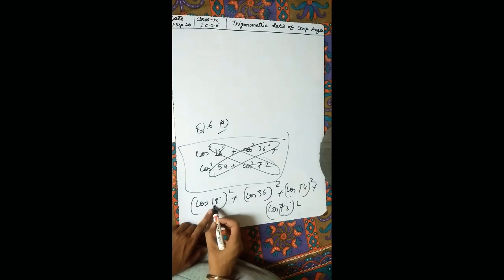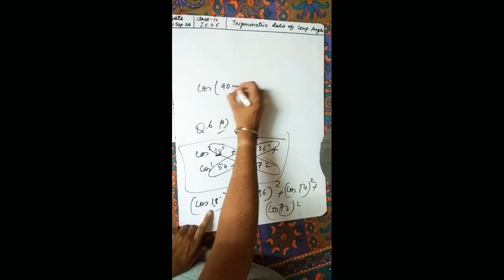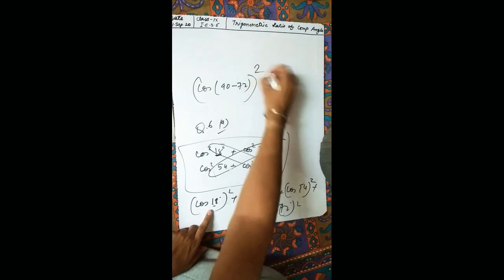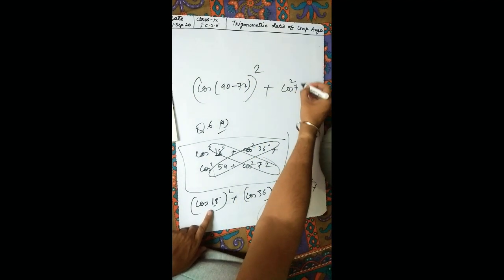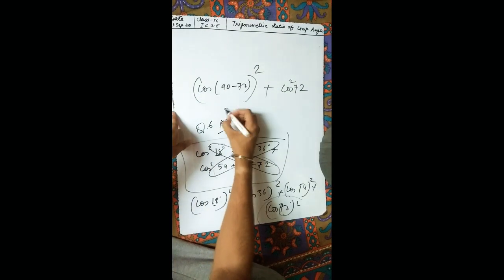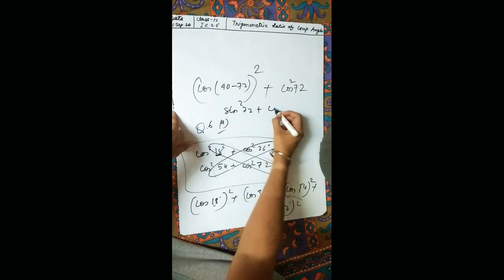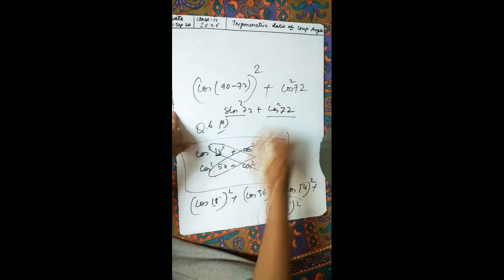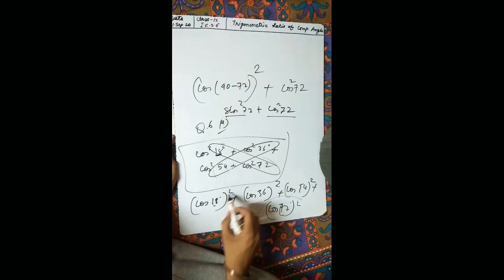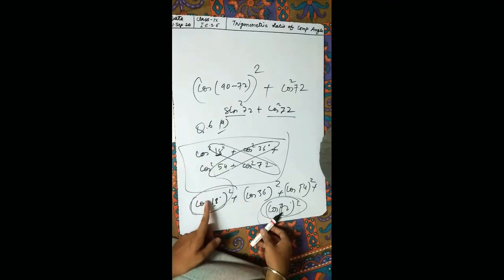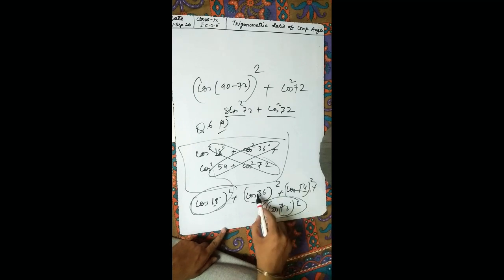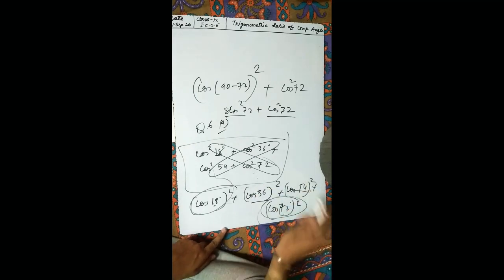Now you change this 18. This 18 can be written as cos 90 minus 72, can we? Okay. And I'm taking this 72 as it is. Cos 90 minus theta is sin theta. So sin square 72 plus cos square 72. Sin square theta plus cos square theta is what? 1. So this one and this one, while converting, you'll get 1. And they two are related. So when you change this, it will change into sin. So sin square 54 plus cos square 54 will also give you 1. 1 plus 1, 2. Like that you have to do.